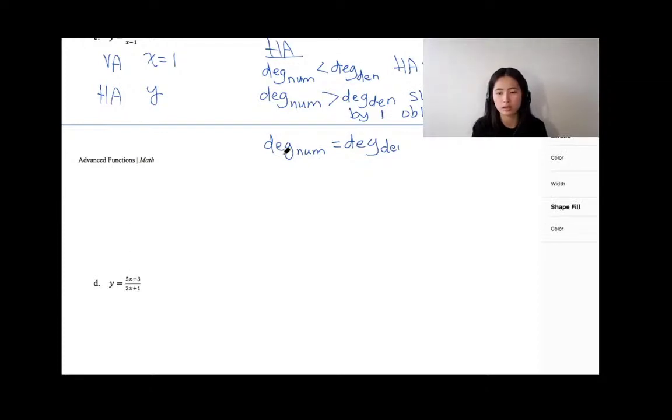I'm going to go over that in a bit, so this is all going to make sense afterwards. So with equal numerator and denominator degrees, there should be a horizontal asymptote, and the horizontal asymptote is basically the ratio of